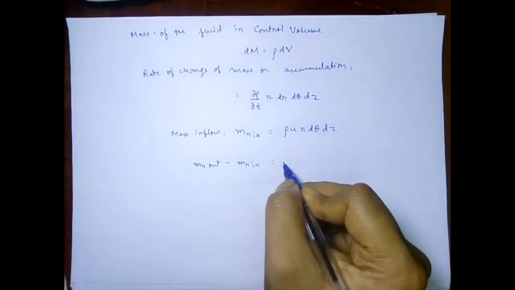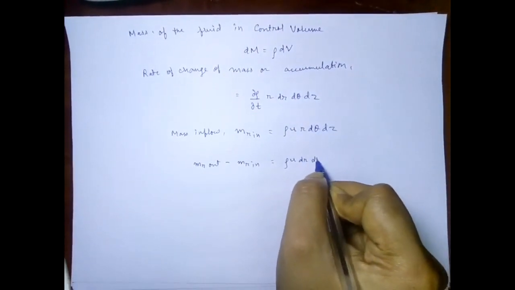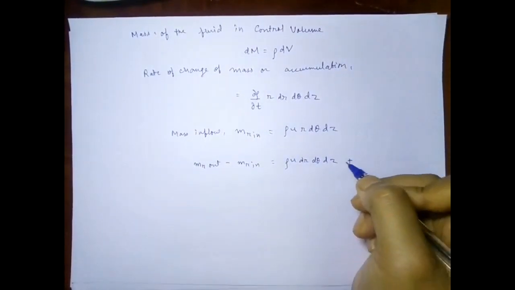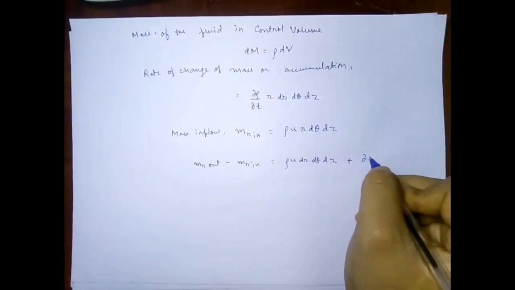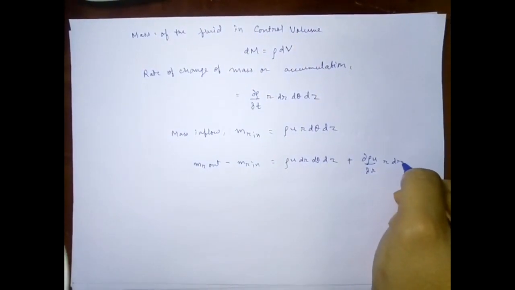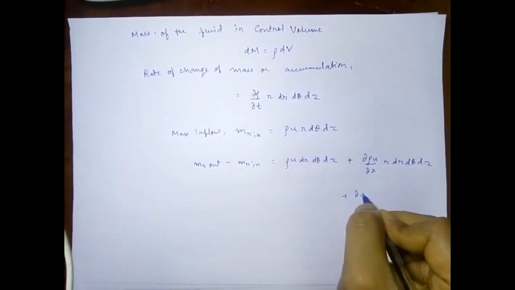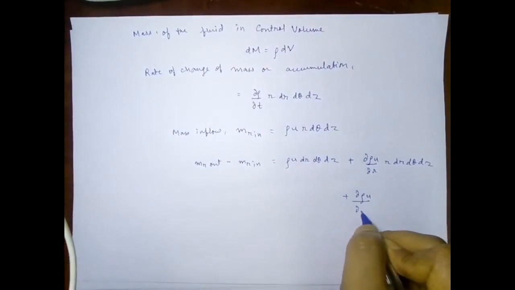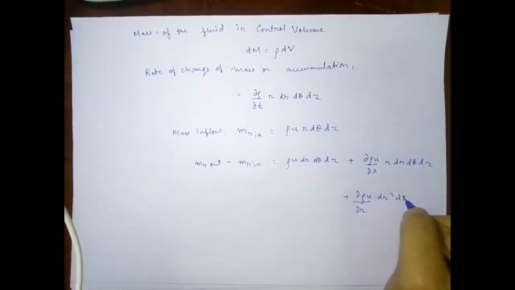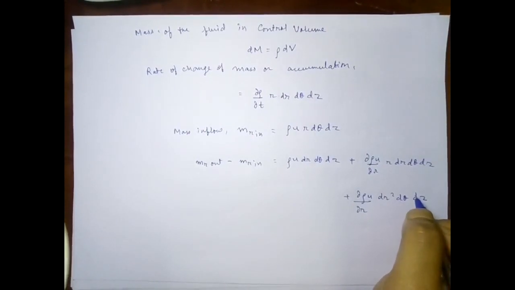this thing, sorry, this will be equal to rho u dr d theta dz plus del rho u upon del r dr d theta dz plus del rho u upon del r dr square d theta dz. Okay, so therefore